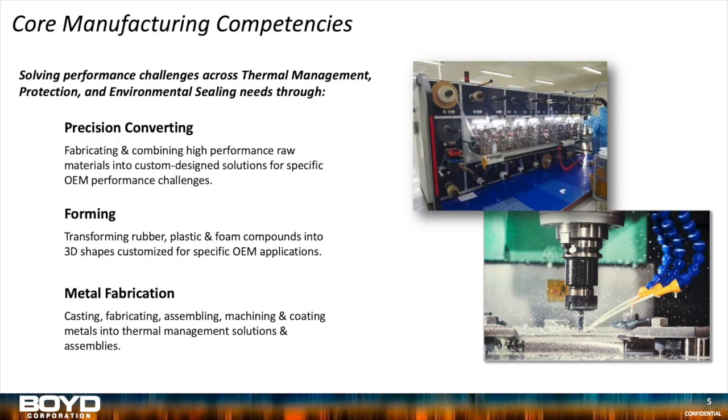Our core manufacturing competency is to solve performance challenges across thermal management, protection, and environmental sealing through our precision converting. We fabricate and combine high performance raw material into custom designed solutions for specific OEM performance challenges. We also have a foaming process, foaming manufacture, transforming rubber, plastic, and foam compound into 3D shapes customized for